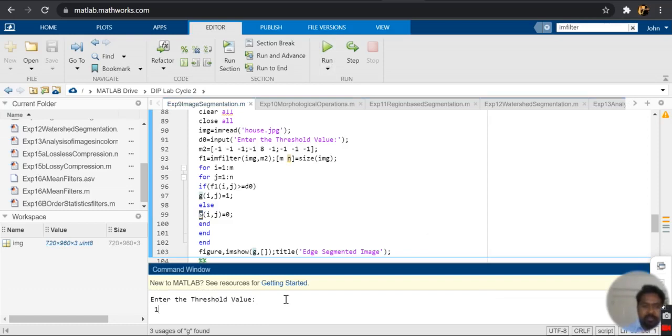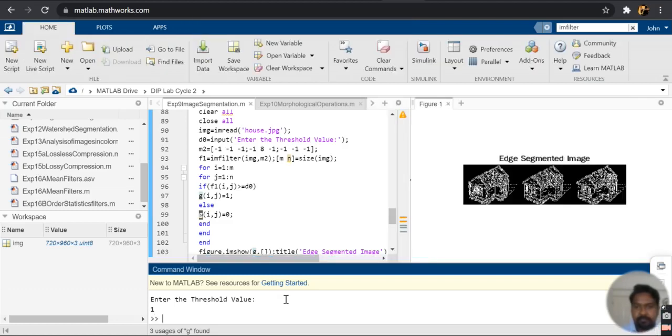Here it's asking me for a threshold value again, just for the enhanced output part. So you can see of the house that we have, this is the edge segmented area. Only the edges of the house are shown, and all the other regions have a common black shade, and the edges are clearly visible.